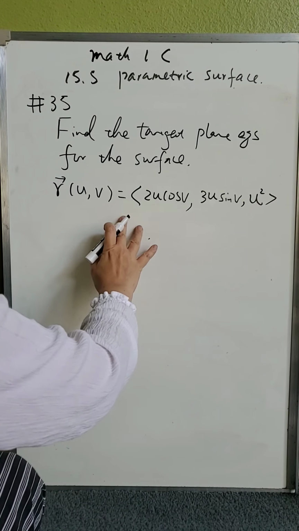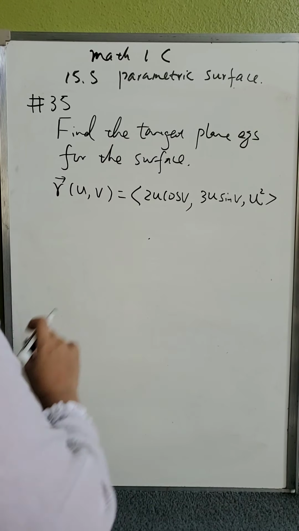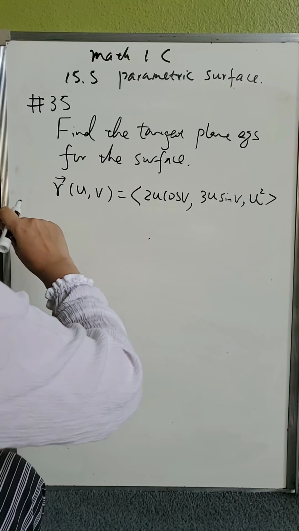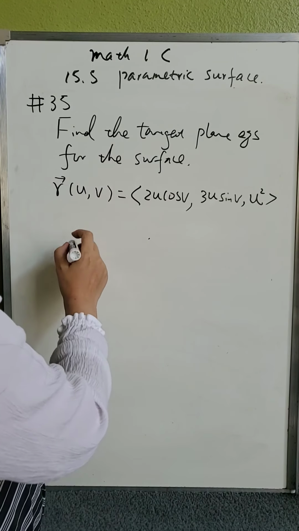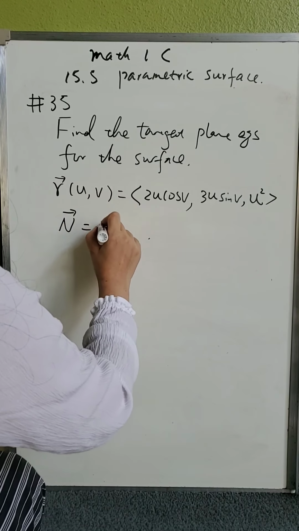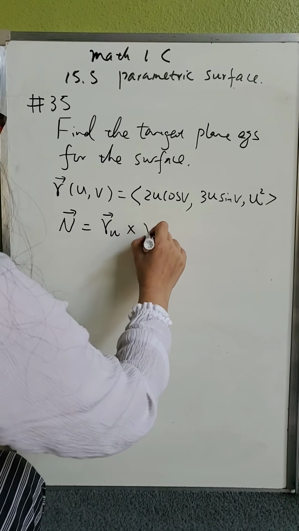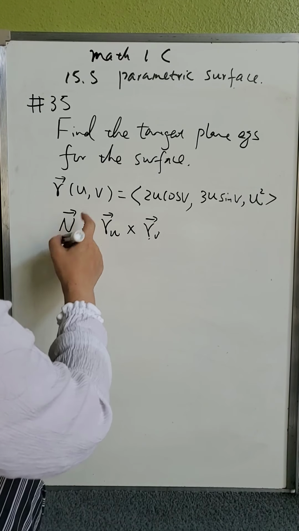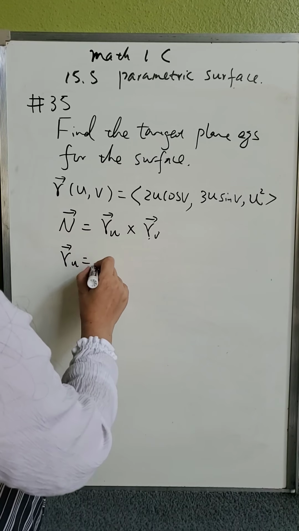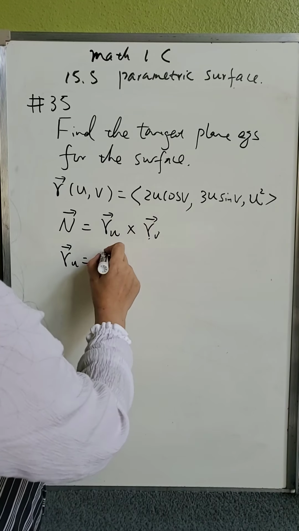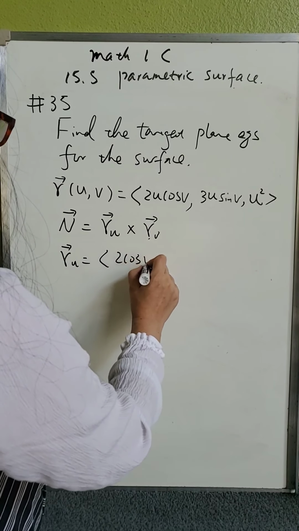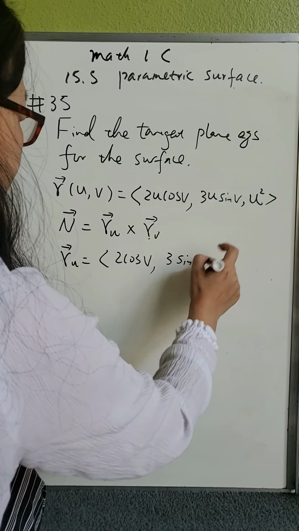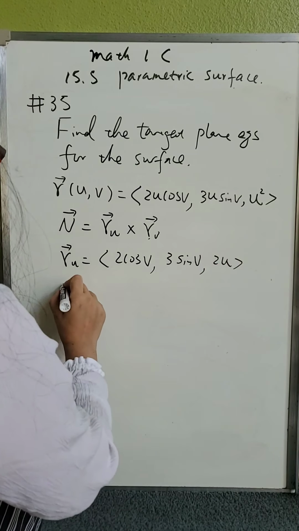That means the surface function is not given. That's why this is a parametric function. And so they want to find the equation for the tangent to this surface. So we need to find the normal vector first. Let's find RU first. RU means the partial derivative with respect to U. So RU is equal to 2 cosine V, 3 sine V, and then 2U. And then RV